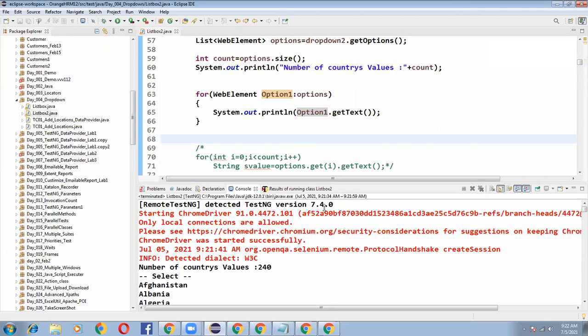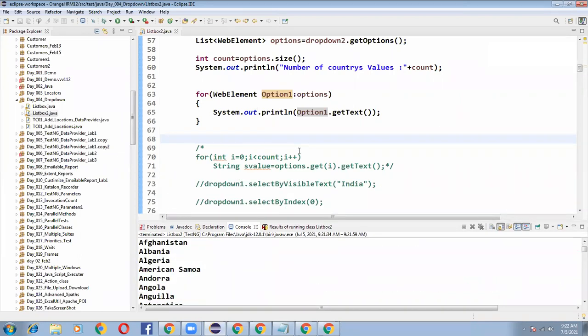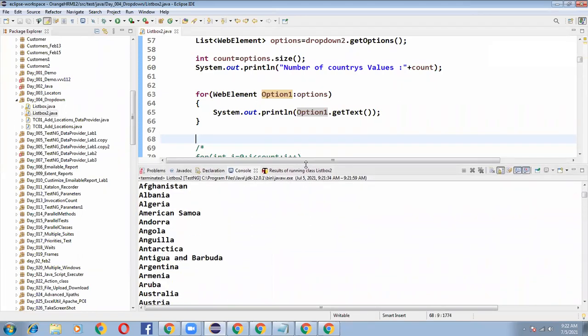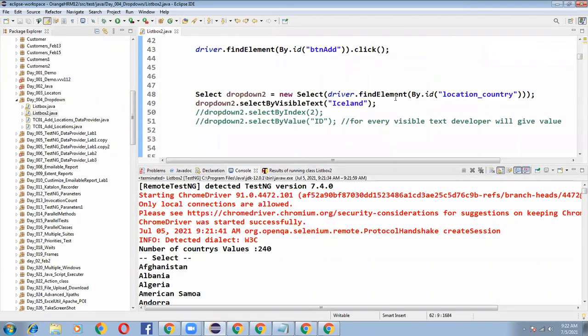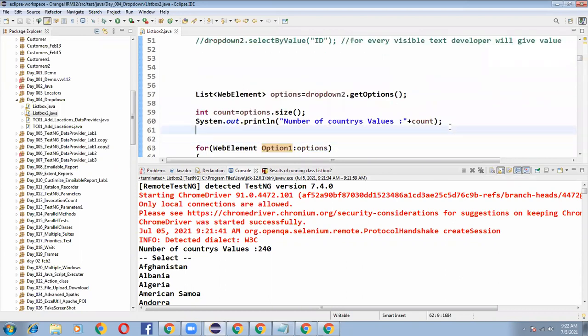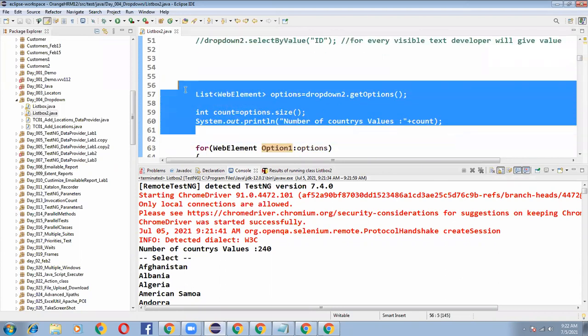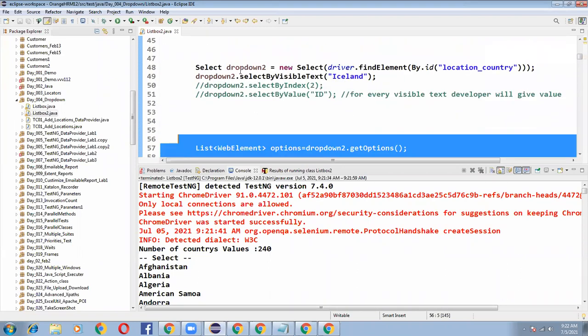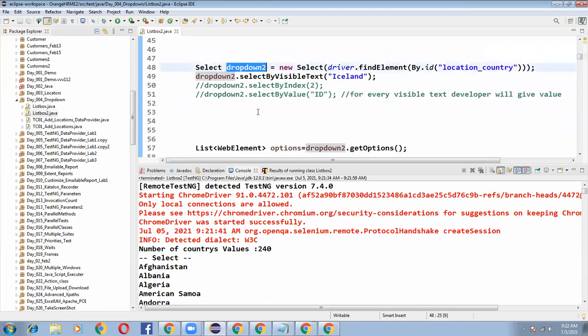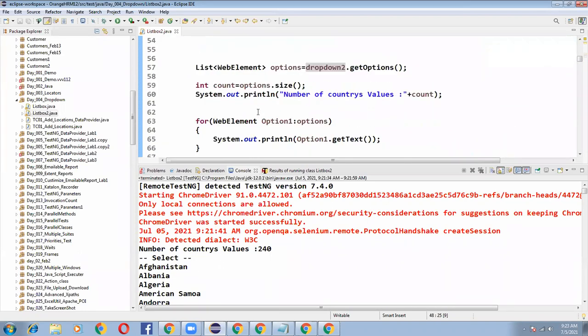In the interview, people will ask, how do you know how many drop down values are there in a drop down? They will ask you this question. In that case, you have to tell these lines. The first point is that for the select class, I will create a drop down object and call drop down dot get options.